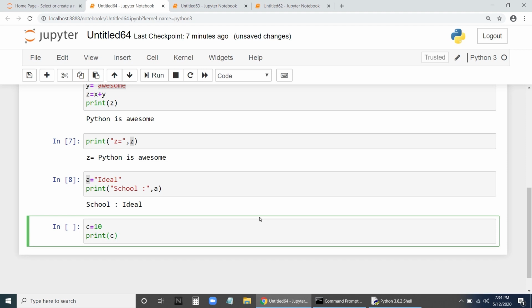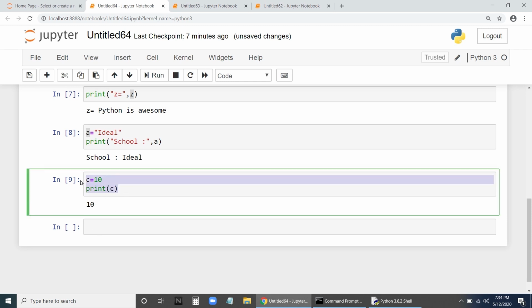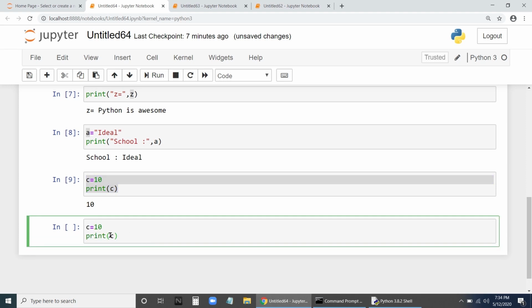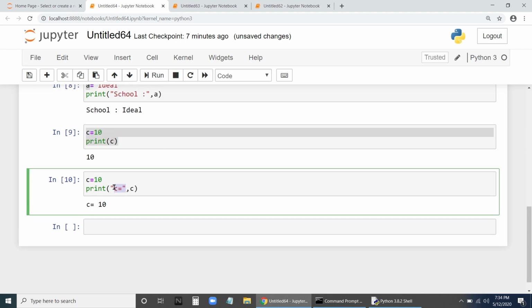Now similarly, C equal to 10, let us say print C. What do you think? It's going to print 10. Fine. C equal to 10, print C, it's going to print 10. The value of C will be printed. The same way, if I say here in double quotes "C equal to", then what happens? Let us run this one and you can see C equal to 10. This "C equal to" will be printed as it is. The value of C will be printed. C is a variable of type what? Integer, which stores numbers. And we call it an integer literal. The value 10 is an integer literal.